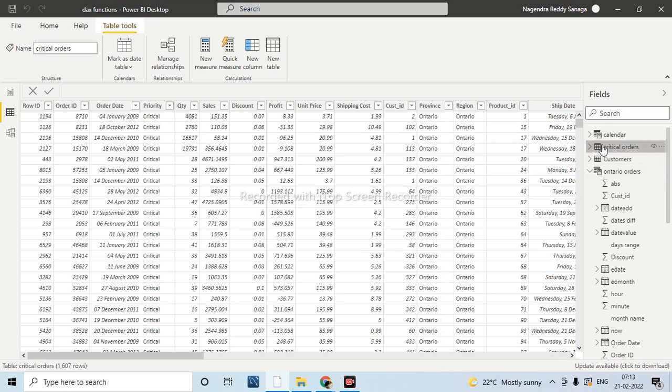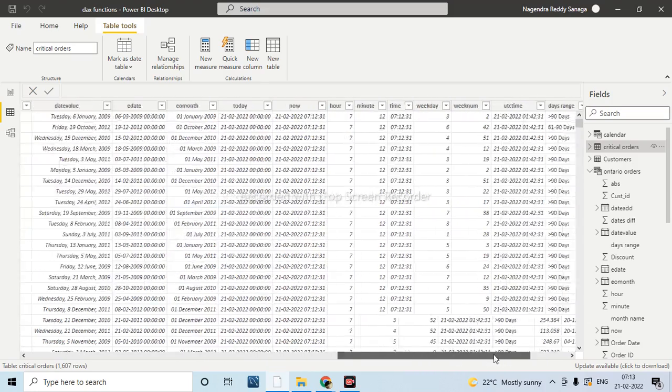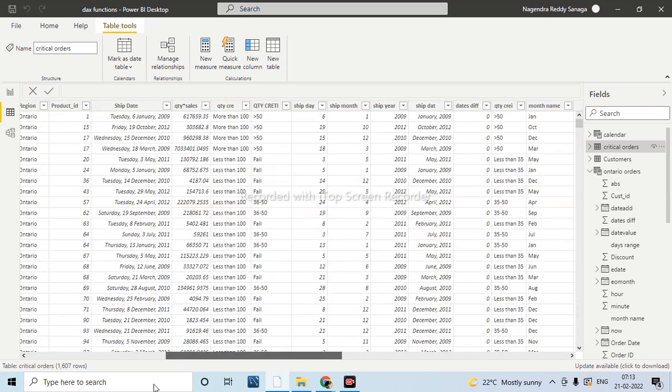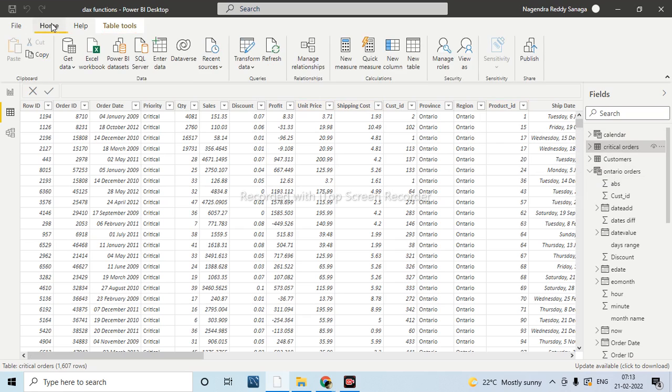Directly we will append to this table so that all the information will be appended here, and all the columns which we have created here will automatically be created for that also, because we are appending the information directly in the Power Query editor itself. That means before calculating all these columns, you will get the information. We'll see that. Any doubts so far?